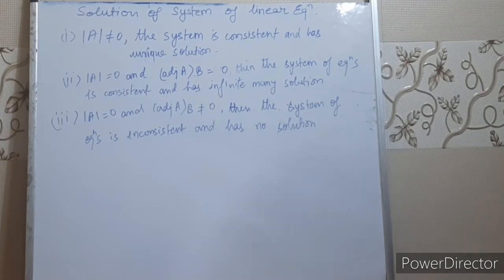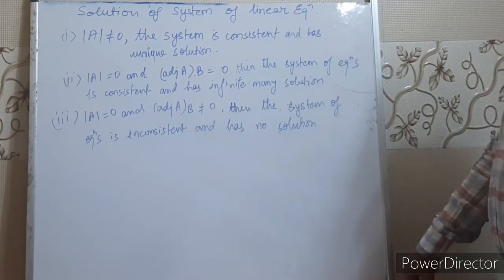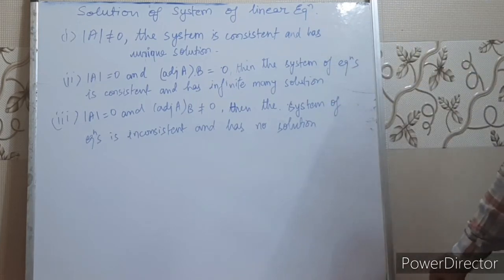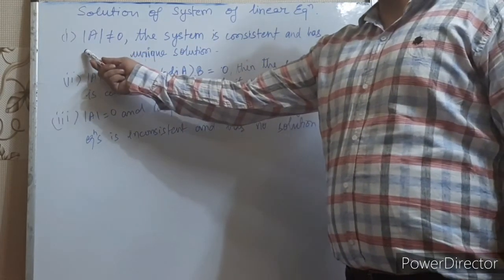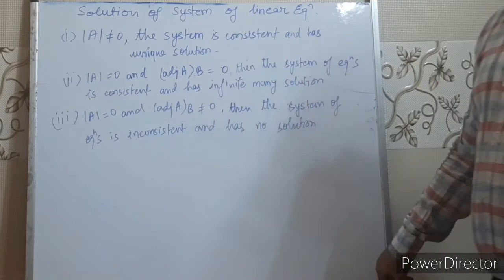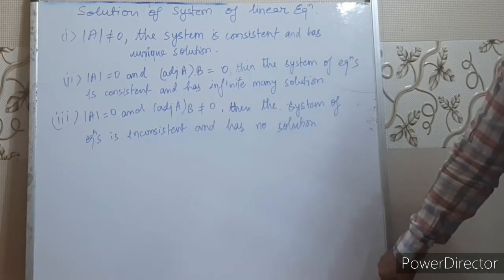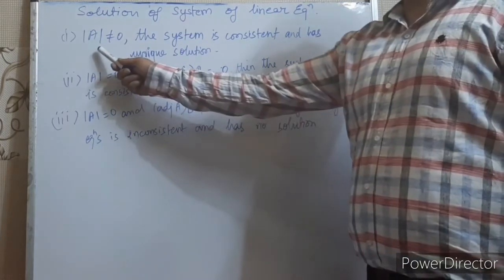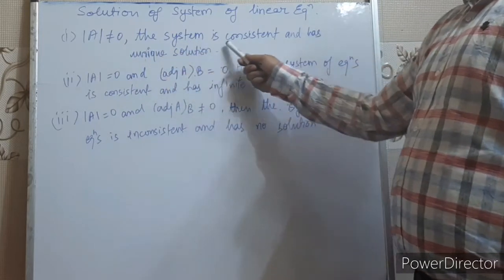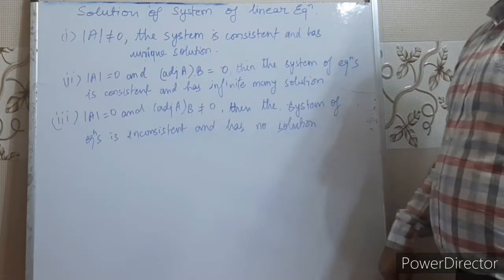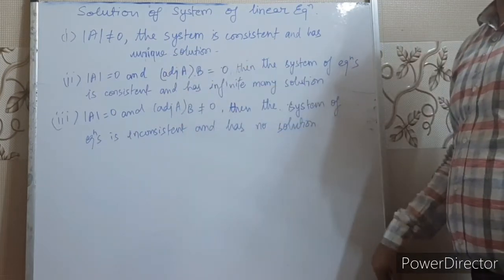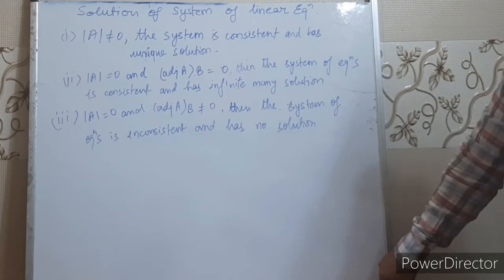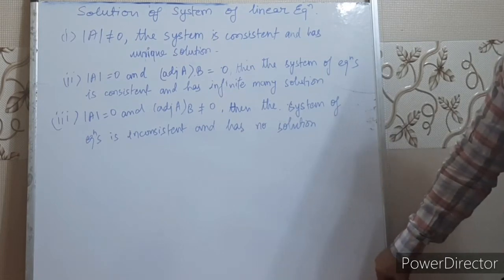Now children, remember a few points when we are solving a system of linear equations. We need to see whether the determinant of A is not equal to 0, right children? We could get determinant of A as 0 or not equal to 0. When the determinant of A is not equal to 0, the system of equations is consistent and has a unique solution. That means the lines will be intersecting at one point. Unique solution means one solution we will get.